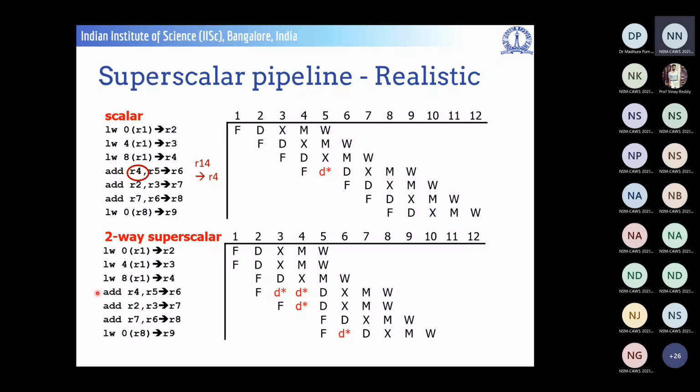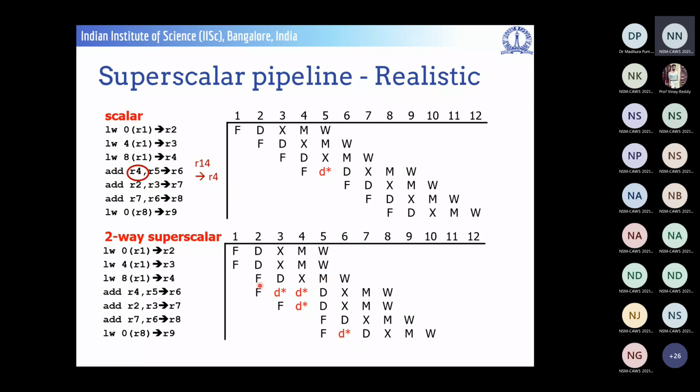However, this next instruction add, as we know, would not be able to read its operand, which means it would not be able to get into the D stage until the previous instruction has gotten into the M stage, even with bypassing. Even if you can bypass from M stage to the D stage operand read, even with that, you have to wait until this